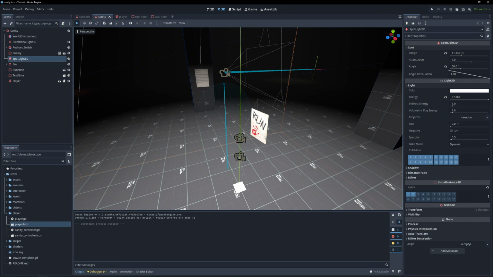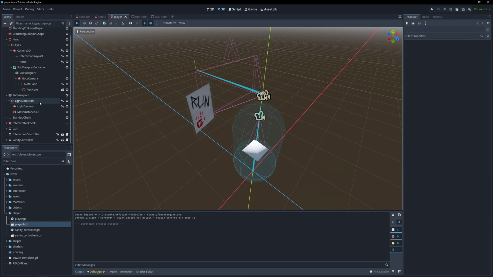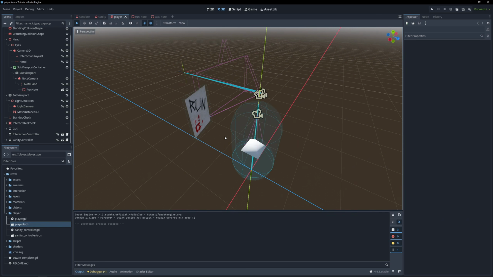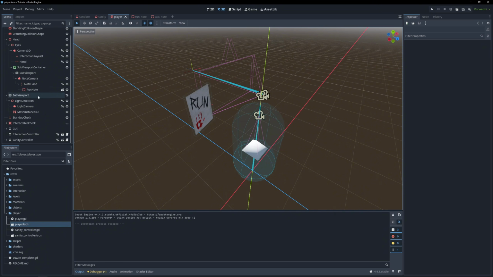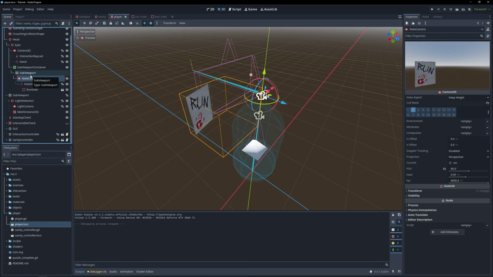And this is the same problem we had in the light detection area, where the light detection cube was not following the player. Now, I've since learned there's actually a very useful node to handle this, so that way we don't have to update it in code. So what do we need to happen here? We need the camera 3D and the note camera to be the exact same position and rotation at every point